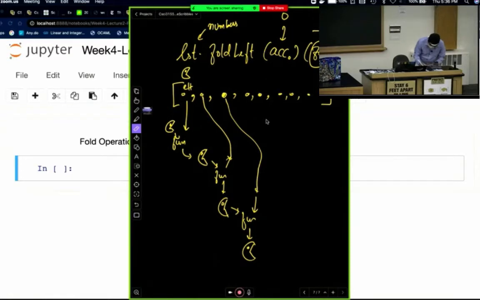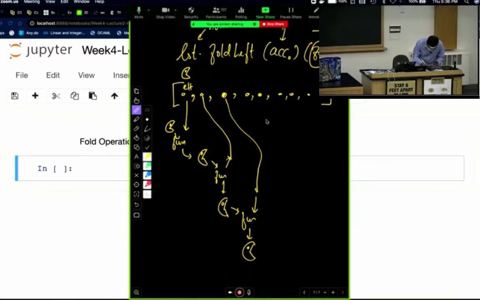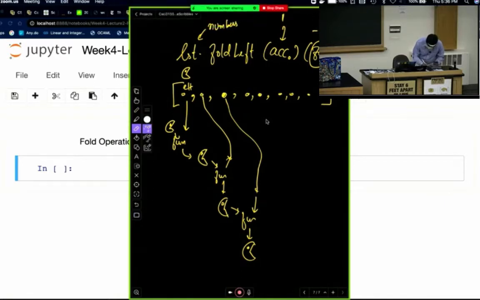Another example: if this list is a list of numbers, your accumulator is initially 1, and your function is the multiply function, you get the product of the elements of the list. See that, right? Each time the accumulator